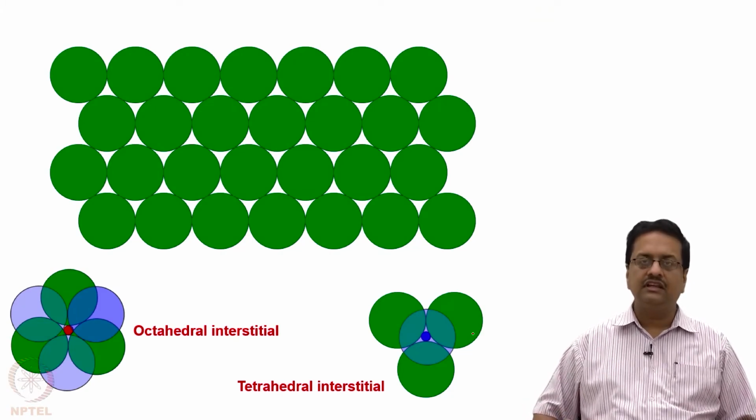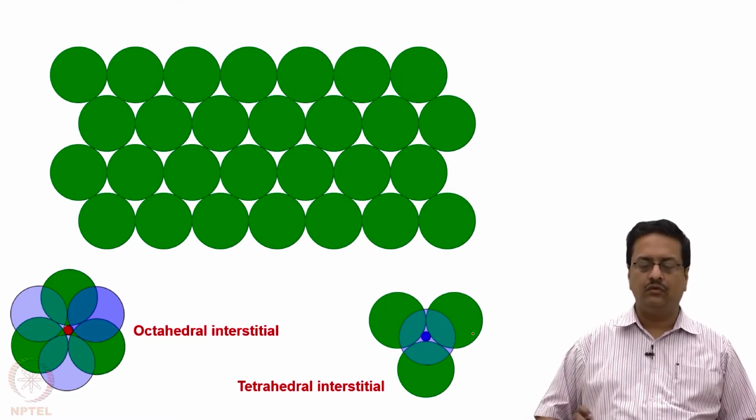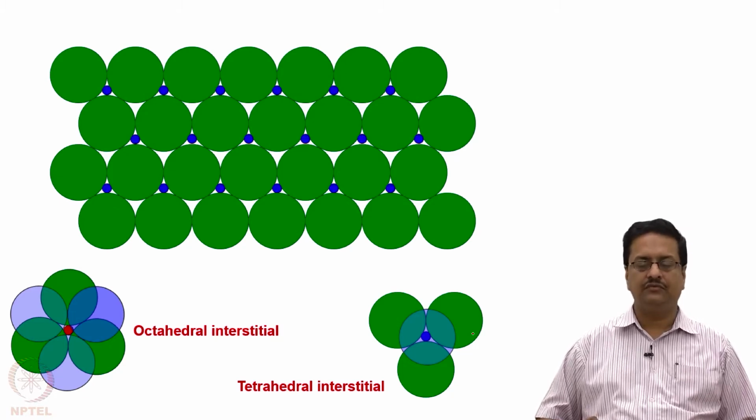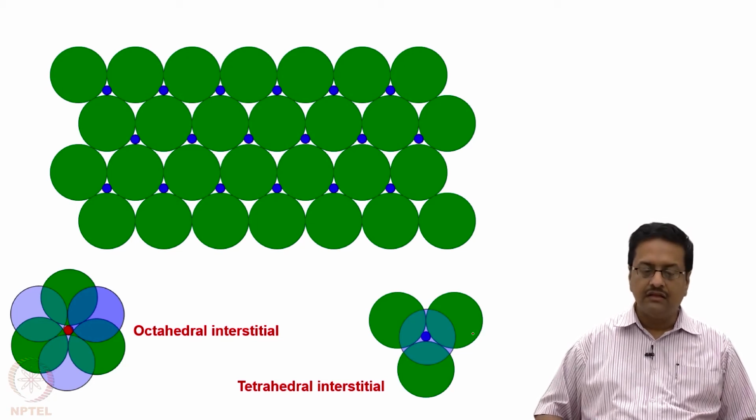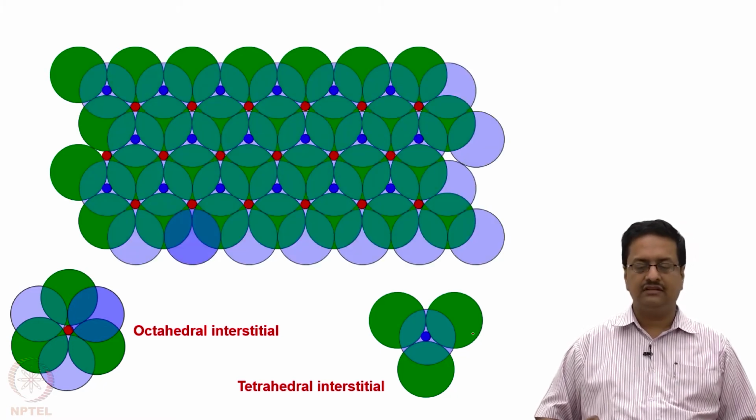we can use a simple demonstration. This green layer indicates the lowermost level. In that, we are designating some of these points with blue dots, and we will see that they end up showing as tetrahedral interstitials. So now I am placing one layer of red dots which are alternate with respect to the blue, and it will correspond to the octahedral interstitials. So once we place another layer of